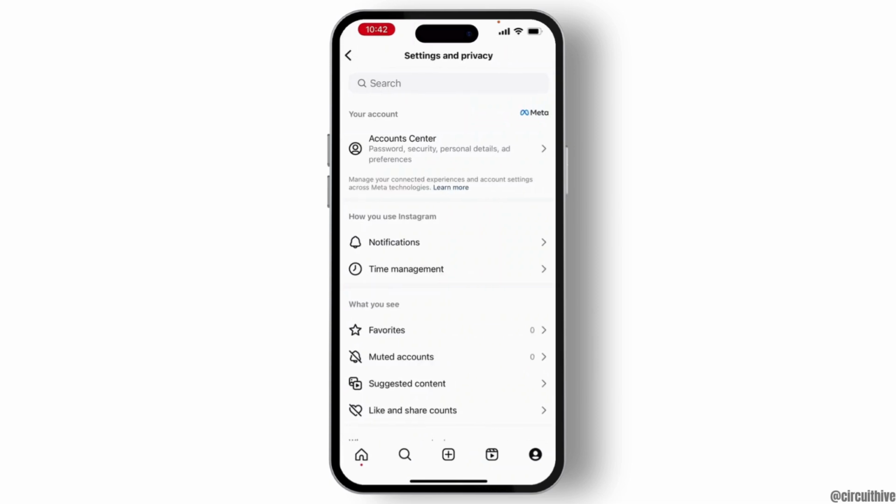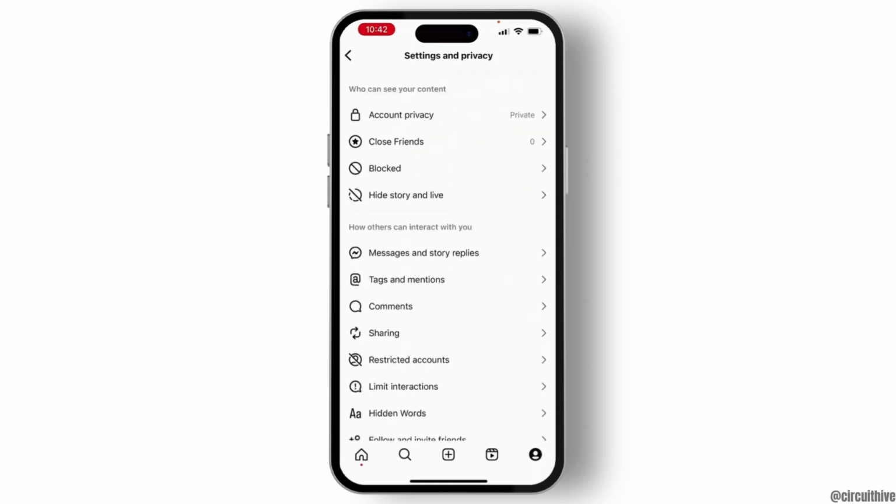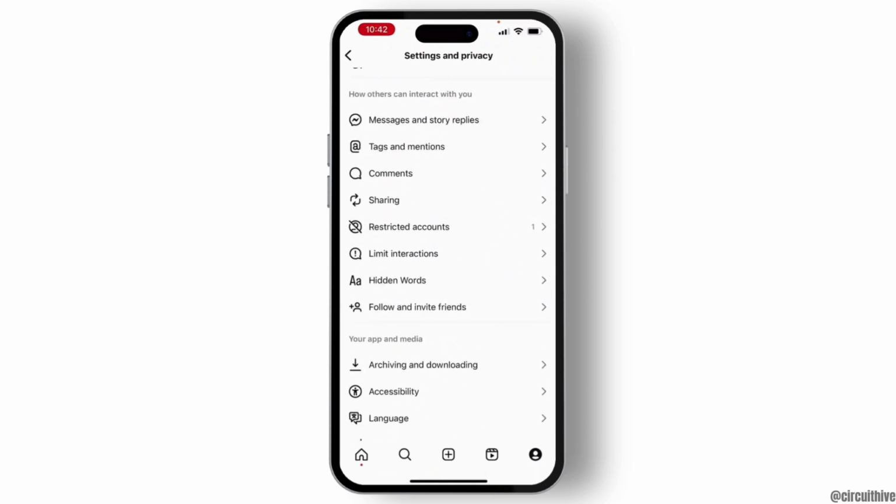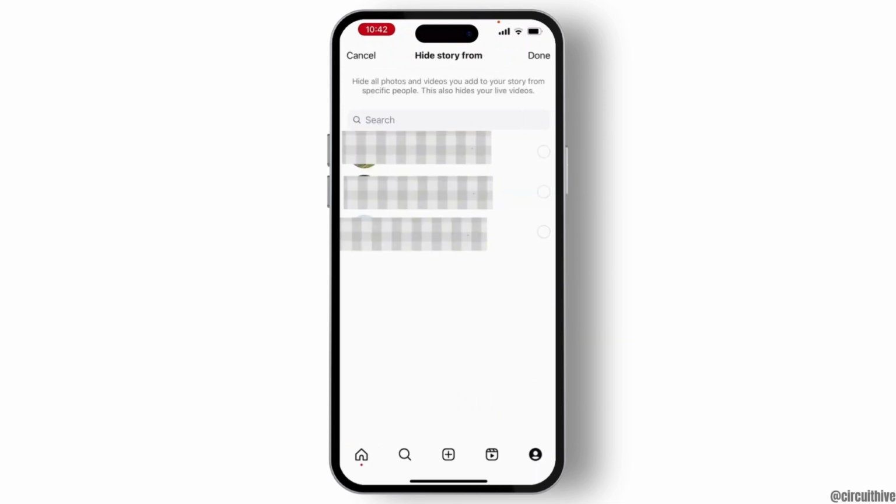Then go through the three lines and select settings and privacy. Now if you scroll down a little bit, there you will see the hide story and live option. Simply hit on that. From here, you have to select all of the friends you have on your Instagram and